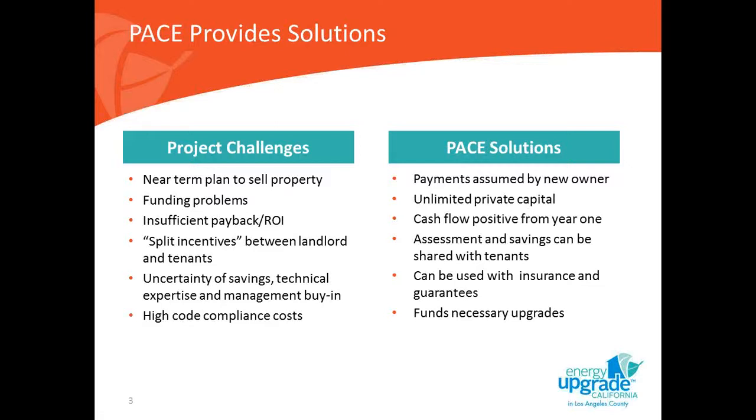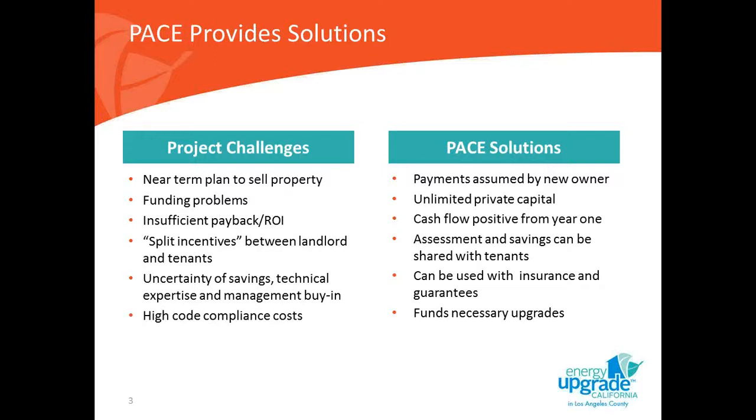The reverse would also be true. A full service gross scenario where the tenant pays face rent and the owner pays everything, property taxes, utility bills, etc., solves the issue in that instance, and essentially everything in between. So just some examples while we're on this topic. Prologis, the world's largest industrial REIT, Simon Properties, the world's largest retail REIT, have both done projects through PACE and had no problem passing through the PACE assessment to the tenants under the existing leases. So that's a really important point.